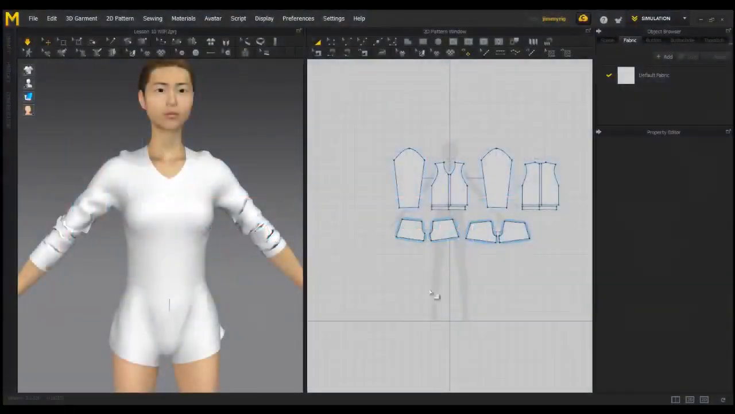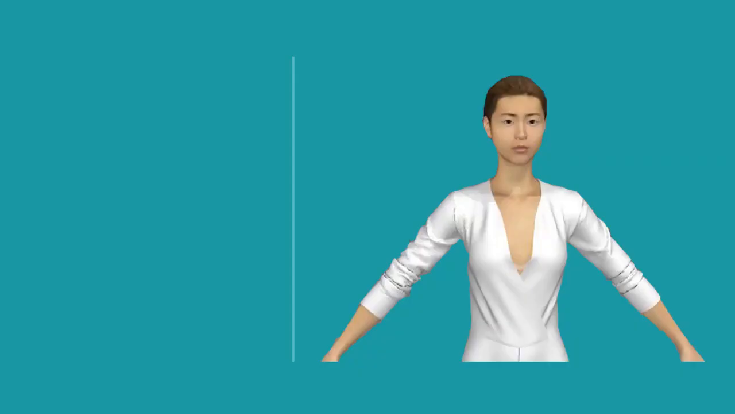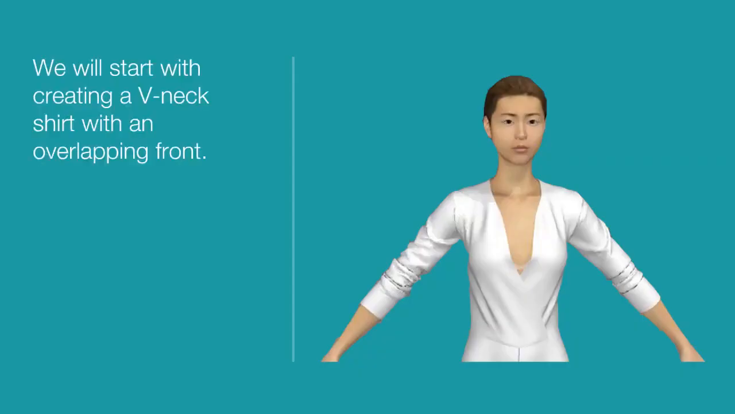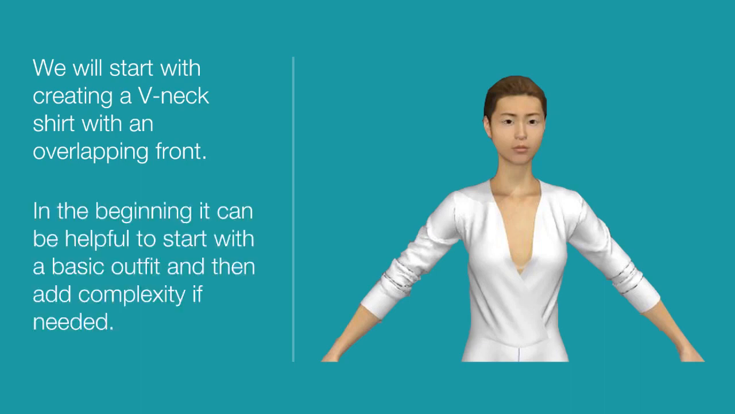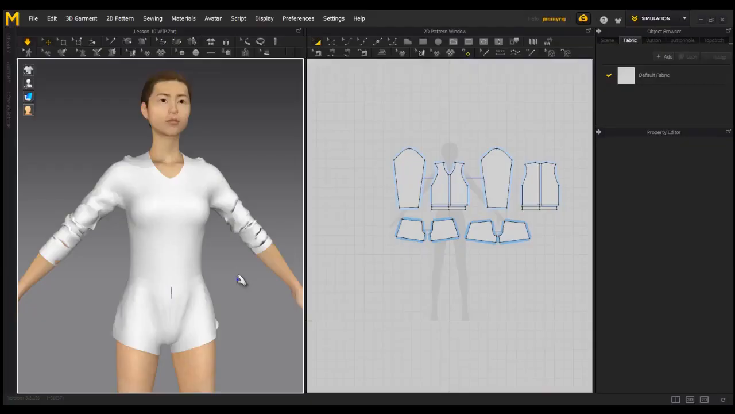In this module, we will create a V-neck shirt with an overlapping front. Now, of course, you can go and create this kind of shape right from the start. But it's a good idea, especially in the beginning when you are still getting a feel for the software, to start with the basic shapes and make them simulate properly first, and then when everything is in position, you can easily go from this shape in any direction that you want and know for sure that the patterns are fitting